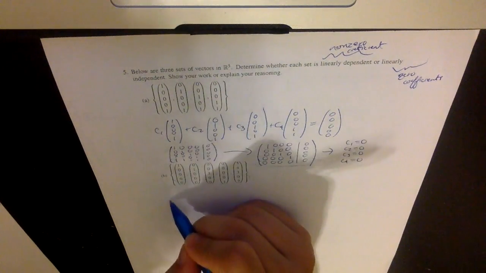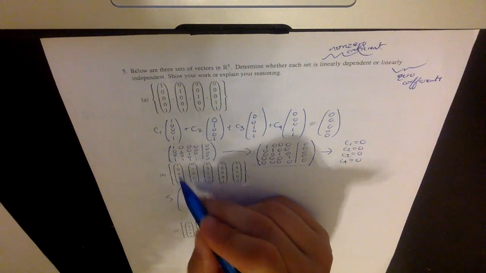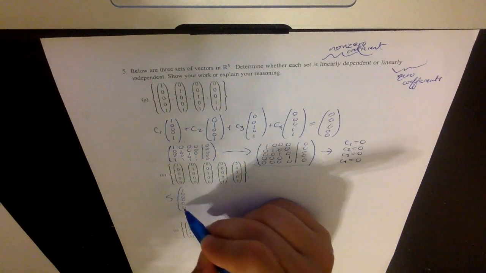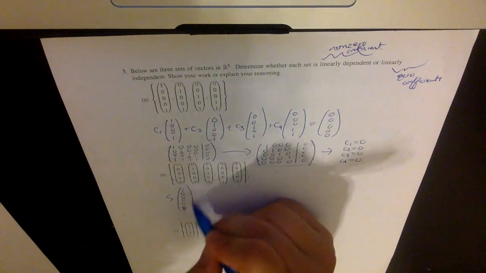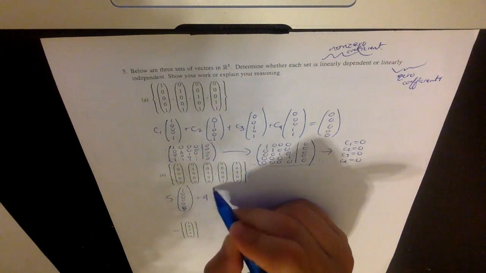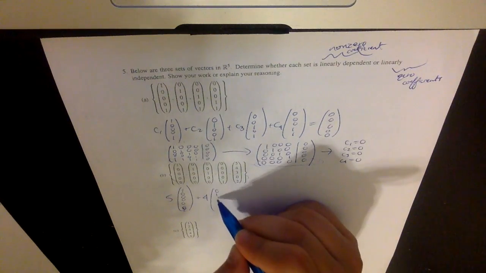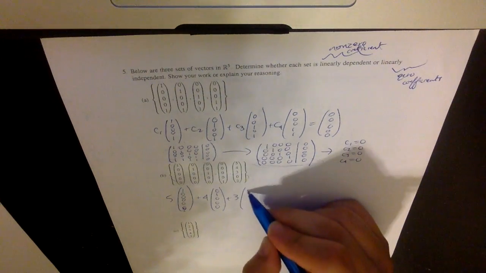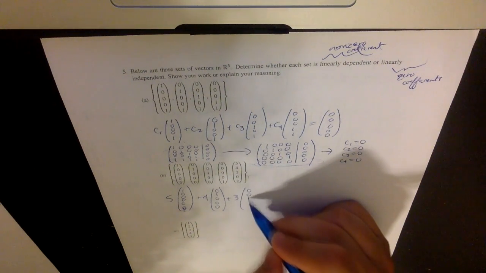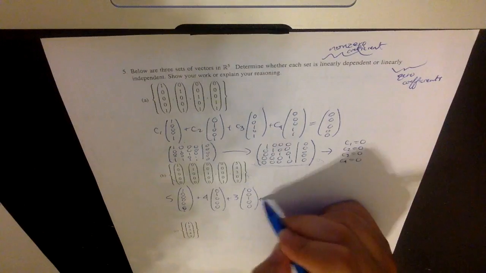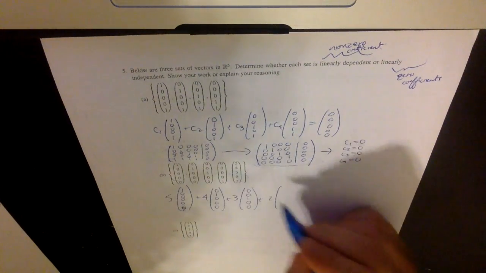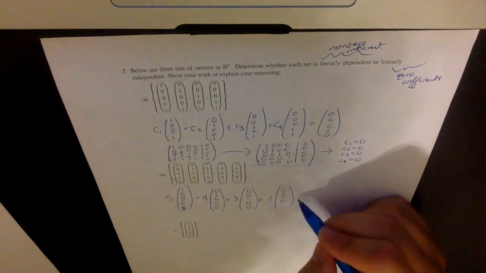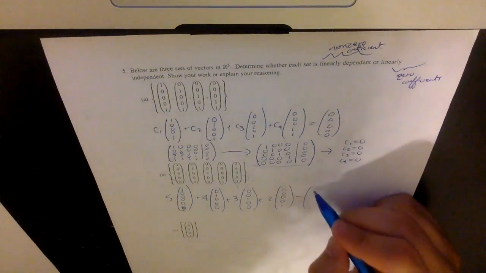So right away I can see that if I take 5 times the first vector, oops, that's too many zeros, plus 4 times this second vector, plus 3 times the third vector, plus 2 times the fourth vector, minus this vector,